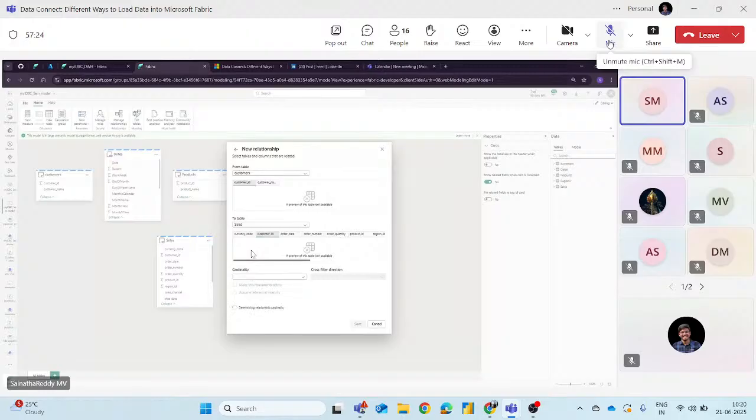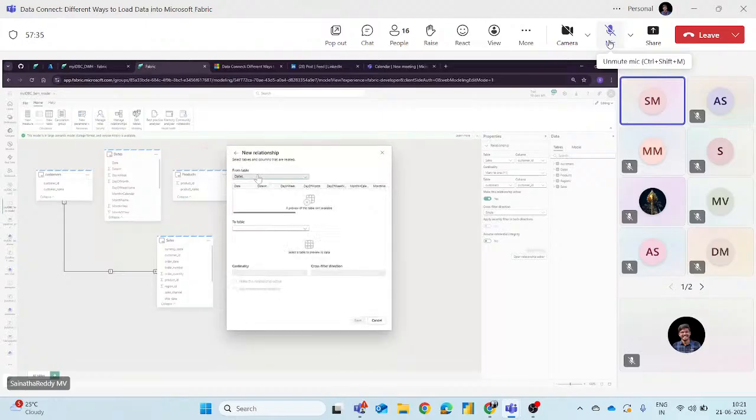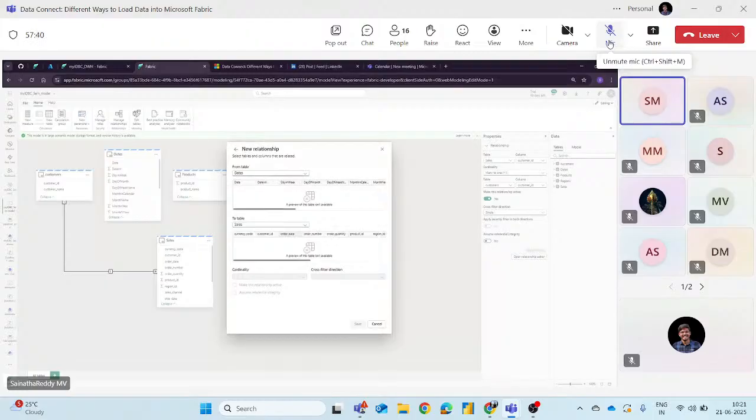I want to build a star schema to show it easily. I will explain later. All the tables are related, I just want to create a star schema. Where is the dates? Order date. So you select a table from here and a date related field, and the sales table related to sales order. You can take any column, but it will create one to many. I hope you are aware of this.